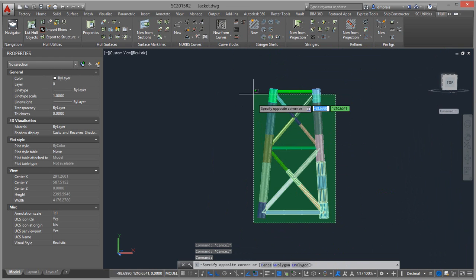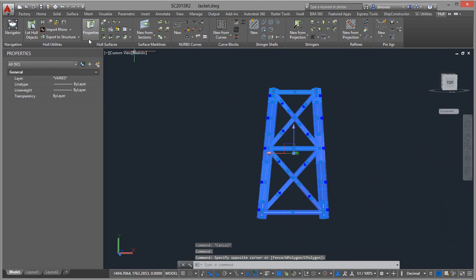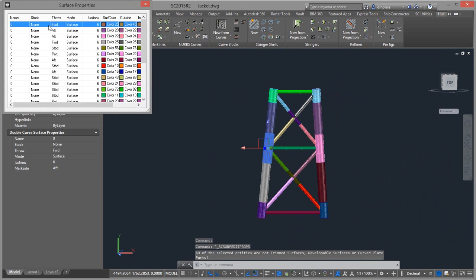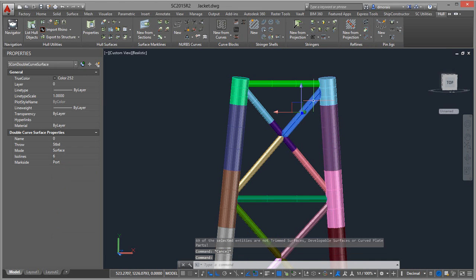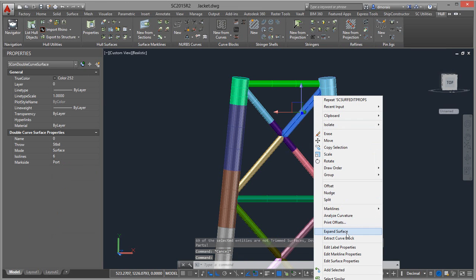So now you have to assign a stock to them, and I'm just going to randomly pick one. And then you can just expand any one that you want. So if we go and expand this one,